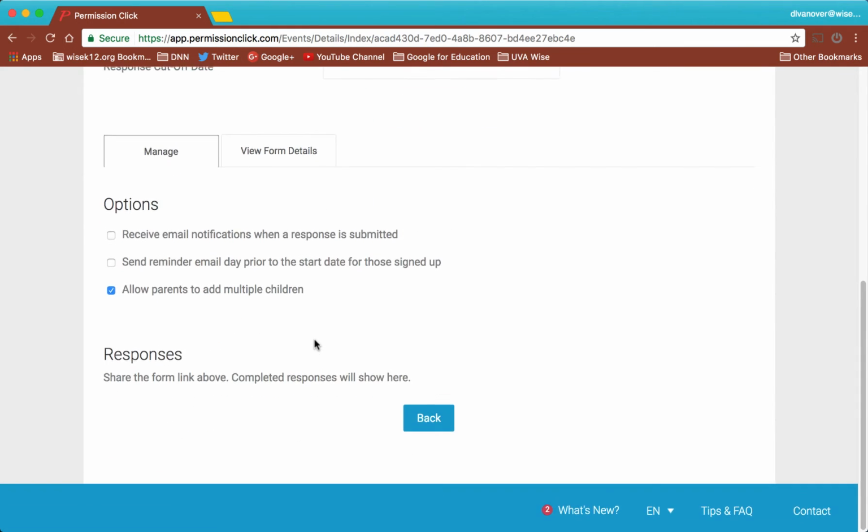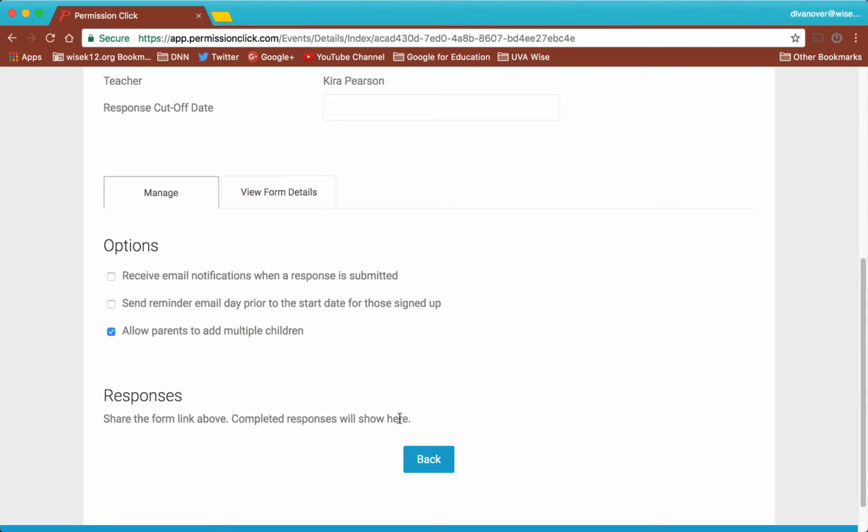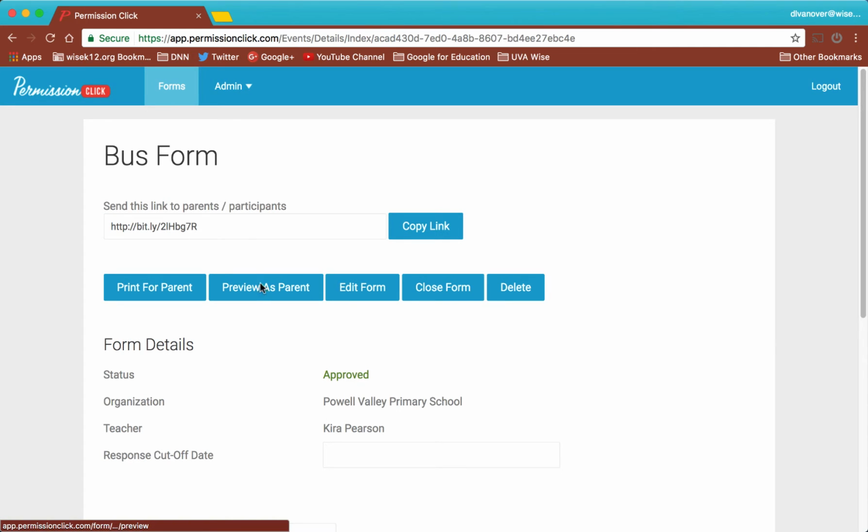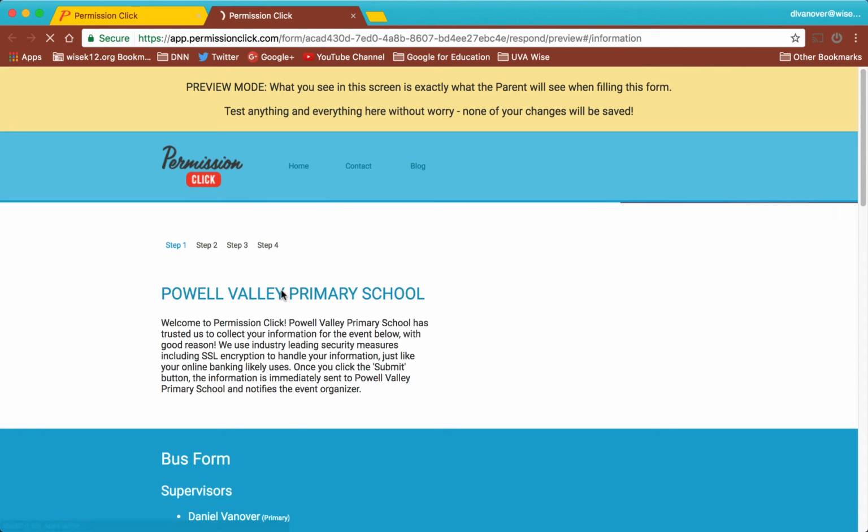At the bottom, you'll see all responses for this form. And these responses can be exported as an Excel document. So you can open it in Google Sheets or Excel and be able to see a spreadsheet of all responses for this particular form. By clicking on Preview as Parent, we'll be able to see what the form will look